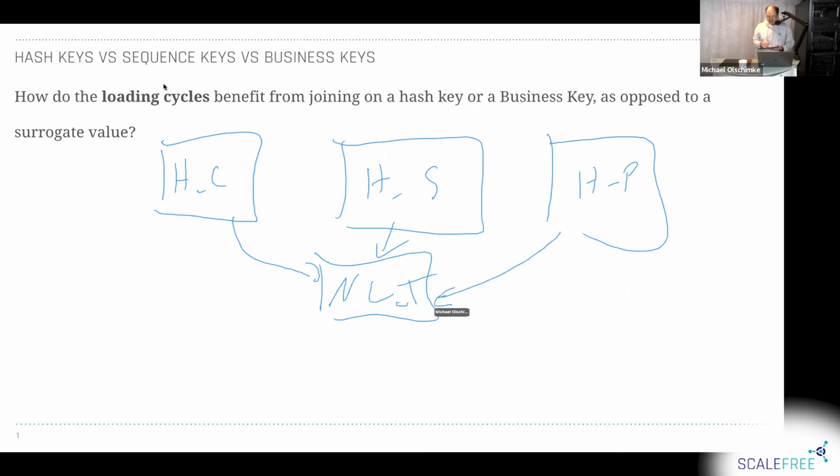And then a non-historized satellite for the transaction. That's the rough data model. Now the problem is if everything is based on sequences and you want to load this satellite down here, you have to find out the sequence of the parent. The parent sequence, however, is generated by the non-historized link, and that sequence you only